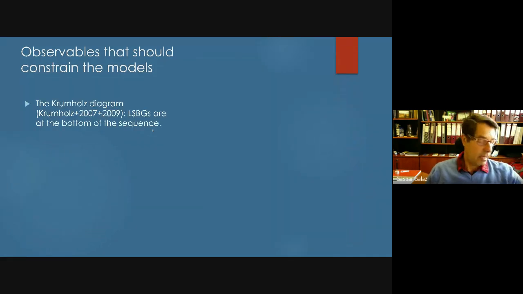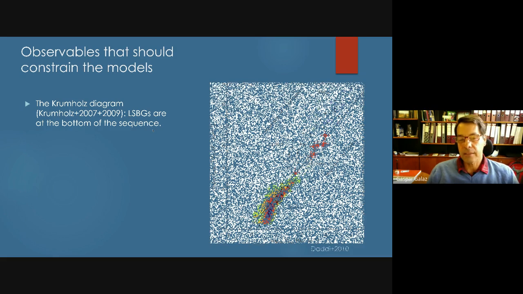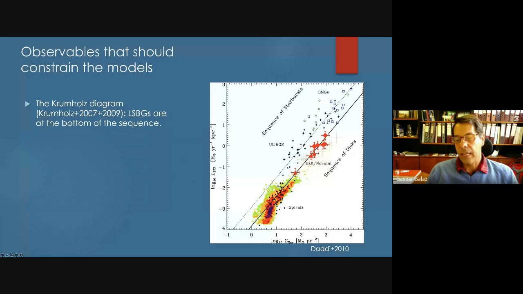Well, let's talk very quickly about the observables that should constrain these models. How the model should be used to constrain quantities in this galaxy to be matched with observations. I will talk about that now. The first thing is that the Kennicutt-Schmidt diagram is something that should be built by these giant galaxies. And some people have worked on this. Daddi in 2010 located some of these galaxies here in the lower left end of the Kennicutt-Schmidt diagram, which is now called the Kennicutt-Schmidt diagram, but it's in fact the same as the Kennicutt-Schmidt law.